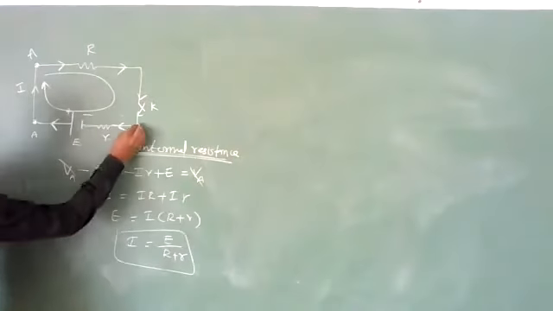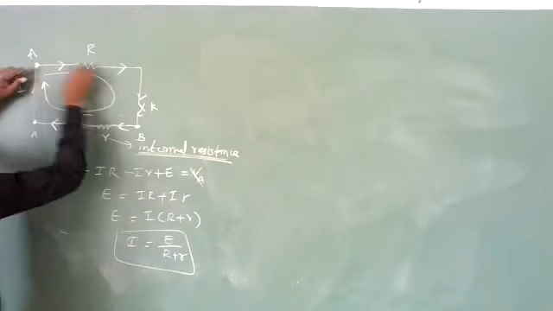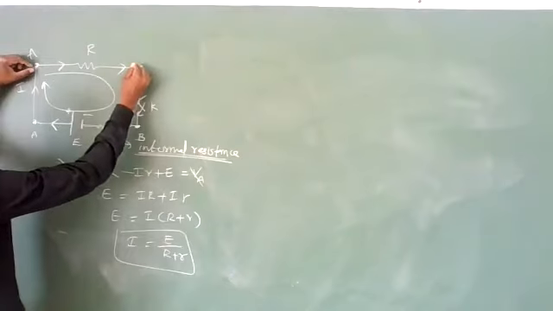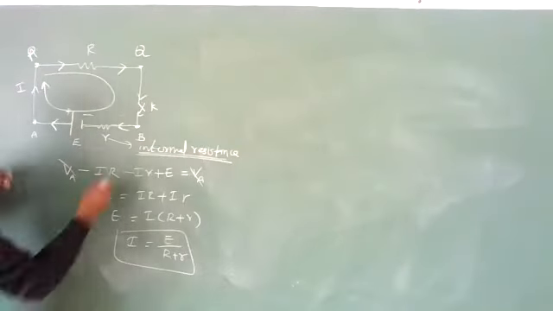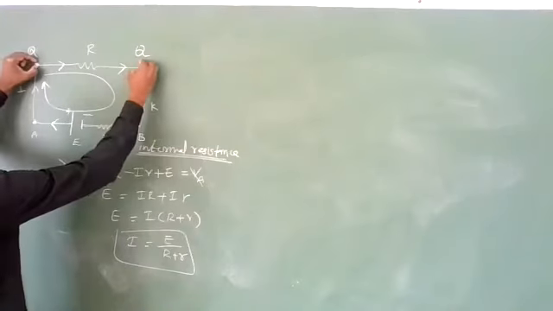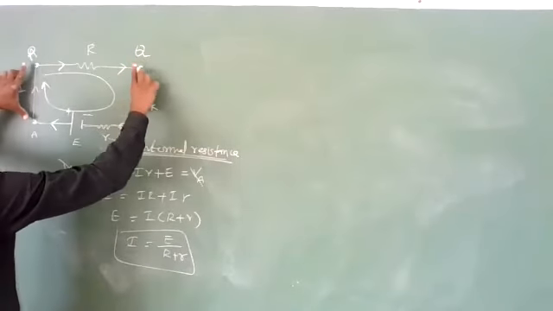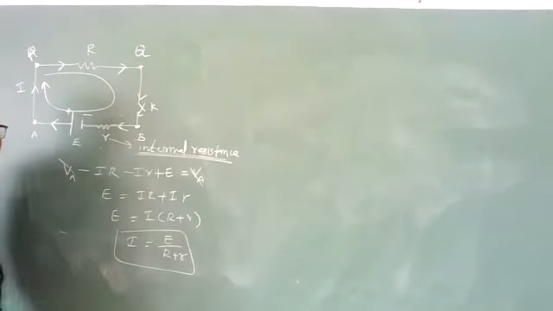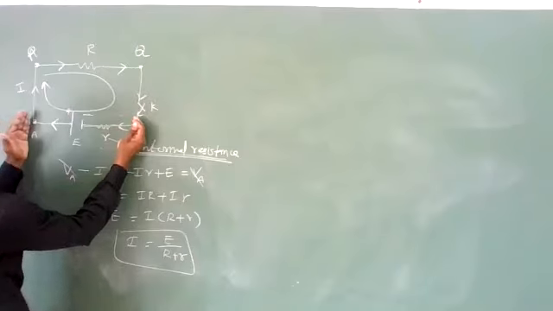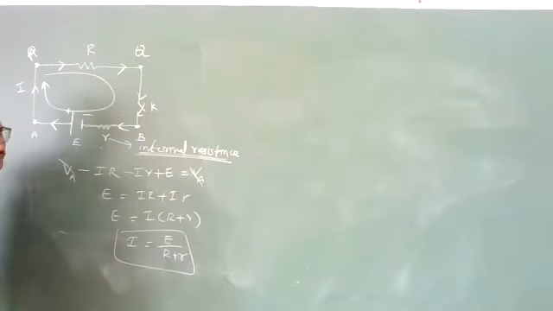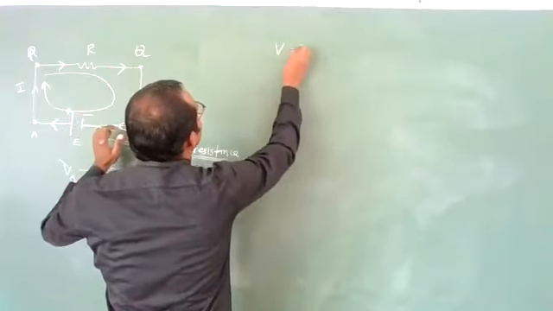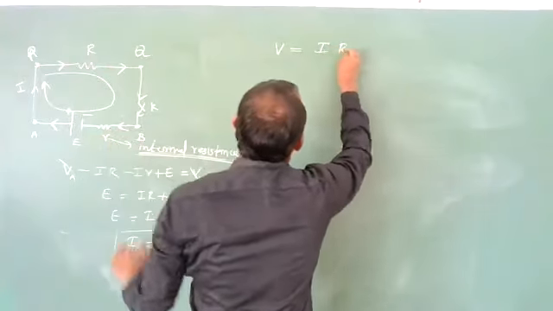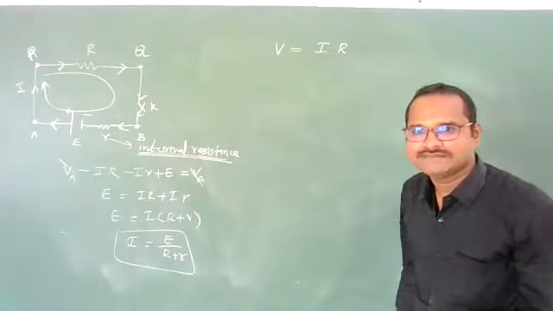Students, you know one point, that whatever the potential difference is there in parallel. See these 2 points, this P, this Q. Imagine this is A and this B. Now between AB and PQ, how are they connected? They are connected in parallel like this. Whatever the voltage is between these 2 points will be equal to these 2 points. What is the voltage between P and Q? Potential difference, how much? We can write it is IR.